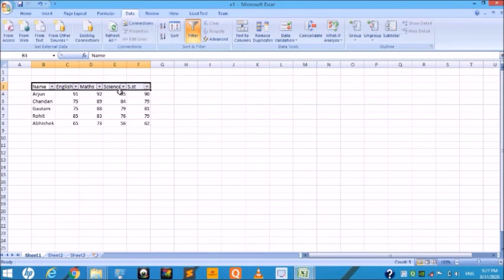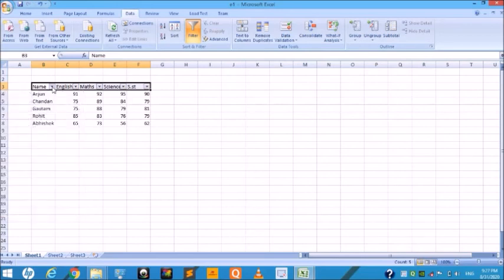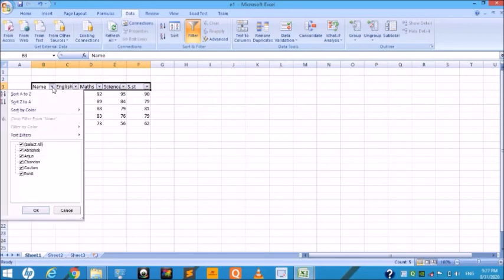If you want to filter the records with the same data values in a particular field, click on the drop down arrow of that field name. A list appears showing the unique values of that column along with the Select All option, checked by default.